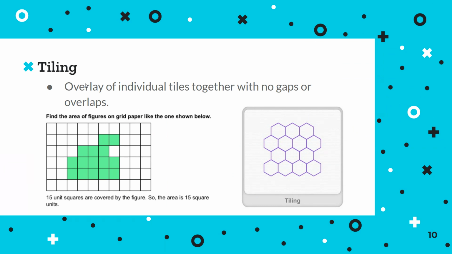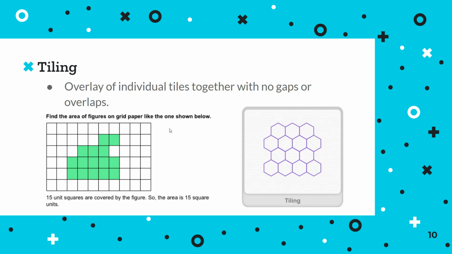Another important vocabulary term to review is tiling. That's the overlay of individual tiles together with no gaps or overlaps. This looks kind of like the graph paper that we use in class. For example, what they mean by no gaps is, let's say these three were colored in green, but this square was left open. That's a gap, so we couldn't find the area